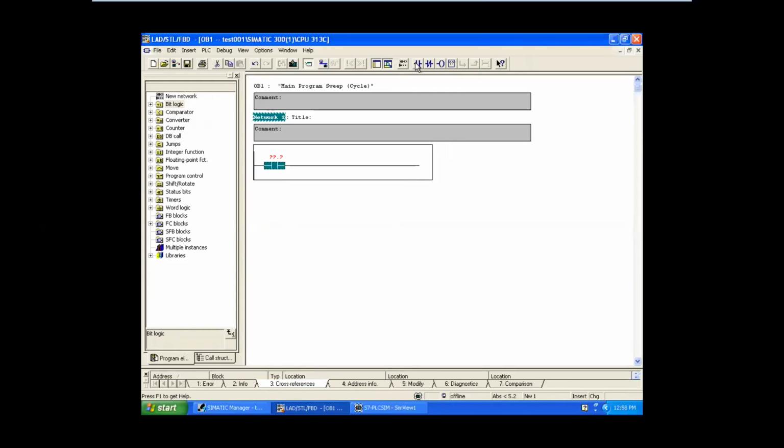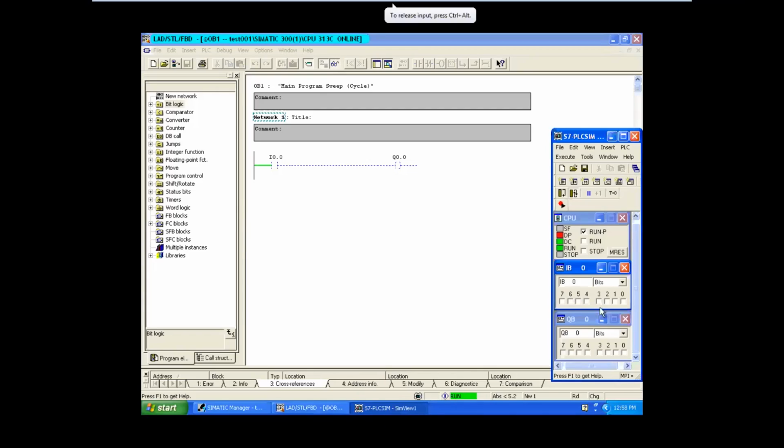So far we were using a switch, like turning on a switch using I 0.0 and turning on one output, name it as Q 0.0. Even if you turn it on, it will be on. If you turn off, it will be off. That's what a switch is. Whatever we have in our home, if you turn on a fan switch, it will be on. If you turn off the switch, your fan will be off. This is the switch case.